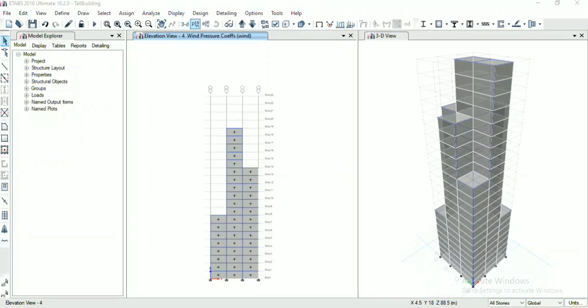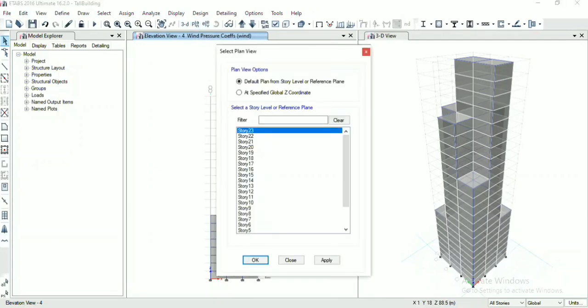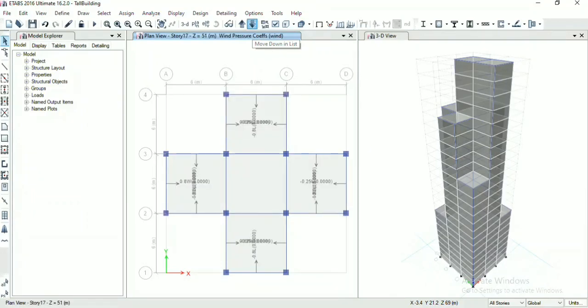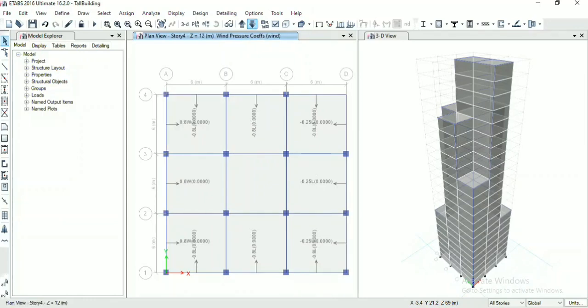Now go to plan. In this way, loads are assigned for wind. Take any story, verify it. Now all the properties, sections and loads are assigned to the buildings.